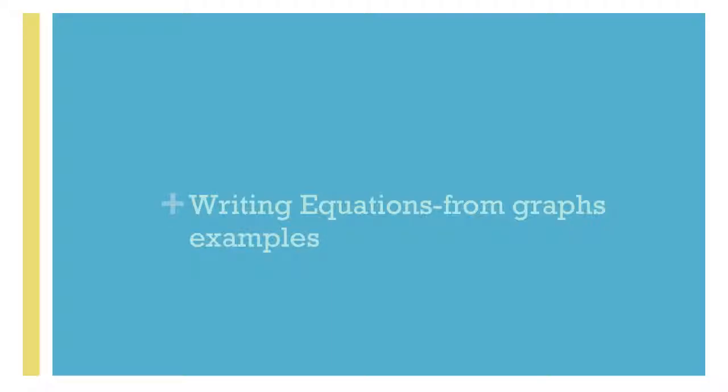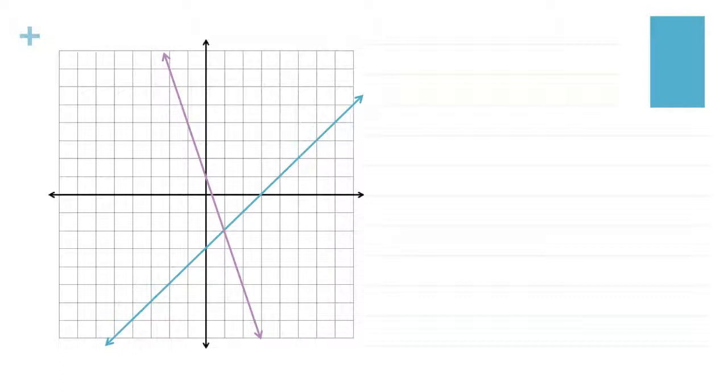Writing equations from graphs of lines. This is something that is almost more important than being able to graph, as far as standardized tests go, because they're not going to make you graph. They're going to give you pictures of graphs and ask you which one it is, which set of equations represent it. So I'm going to first start with the blue line,